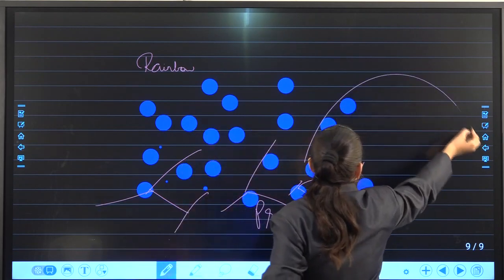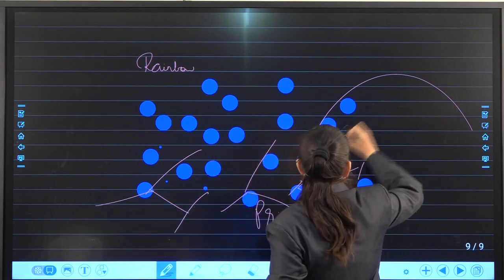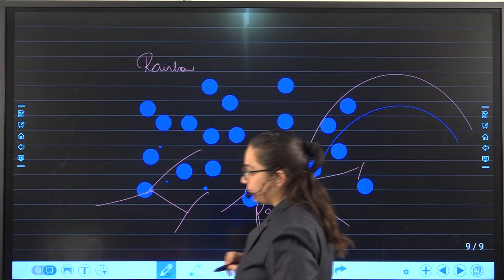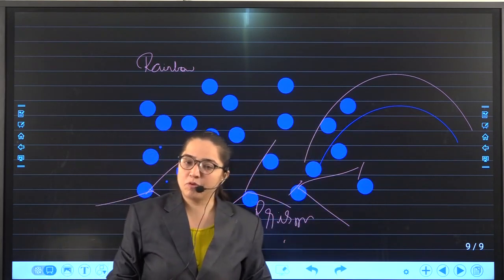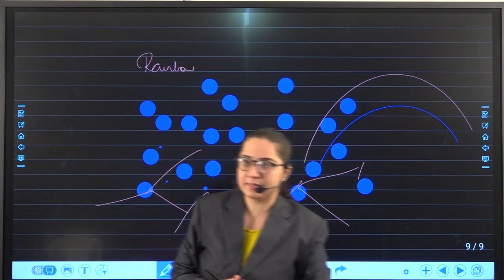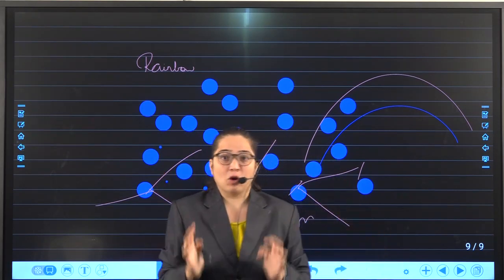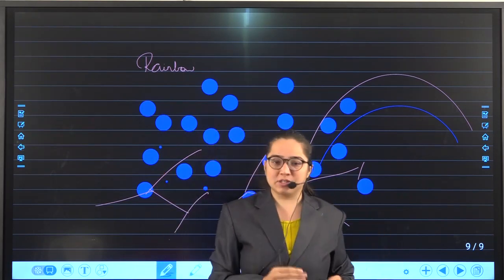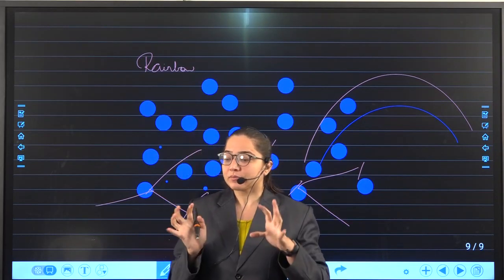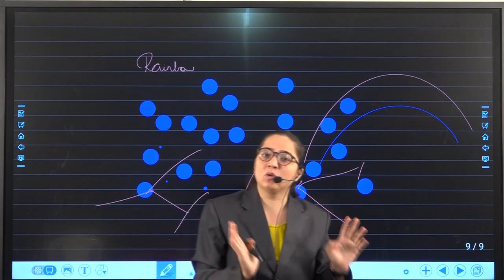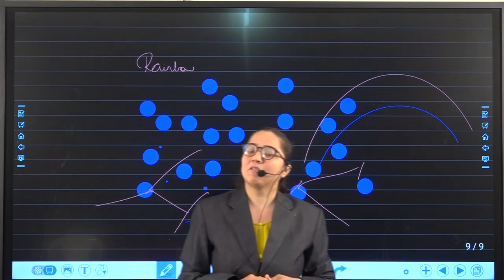That is, at the top you have red and at the bottom violet. So this is how the rainbow formation takes place. Very easy concept. The tiny droplets in the atmosphere behave as prisms, and they convert the white light into 7 colors, and this is how the 7 colors are formed.